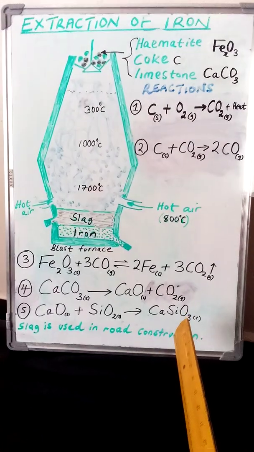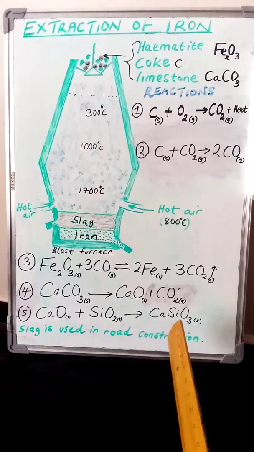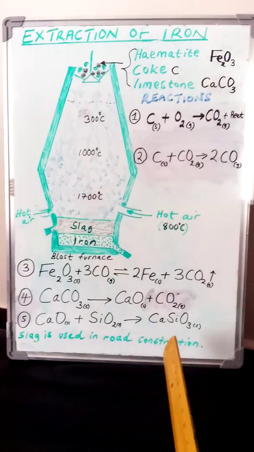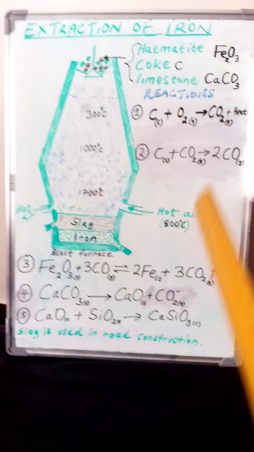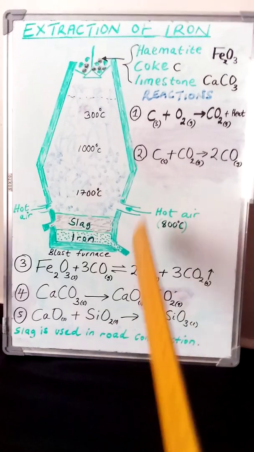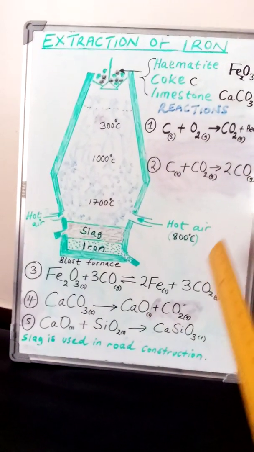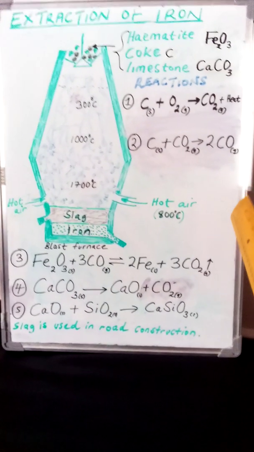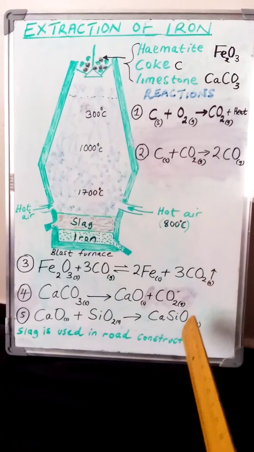So it becomes very useful. We use iron for making grill doors. We use it also for making outdoor furniture, as well as support frames. So that is what I can say on this extraction of iron. We'll have a question that will follow up, to see if this video will be able to